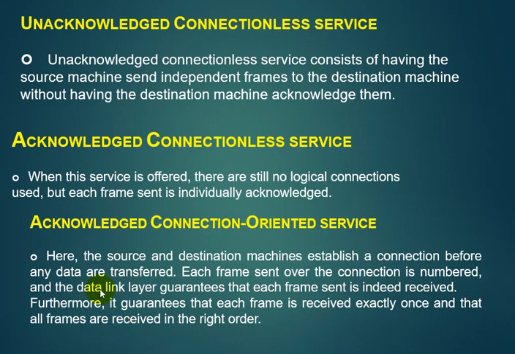When connection oriented service is used, transfers go through three distinct phases. In the first phase, the connection is established by having both sides initialize variables and counters needed to keep track of which frames have been received and which ones have not. In the second phase, one or more frames are actually transmitted. In the final phase, the connection is released, freeing up the variables, buffers and other resources used to maintain the connection. So this information comes under the first design issue, services provided to the network layer.